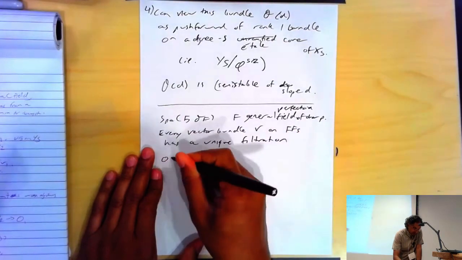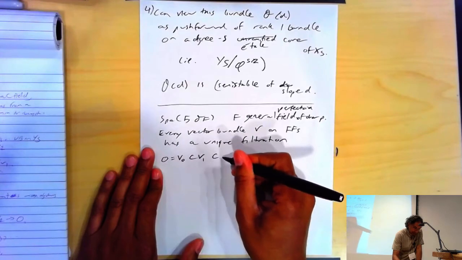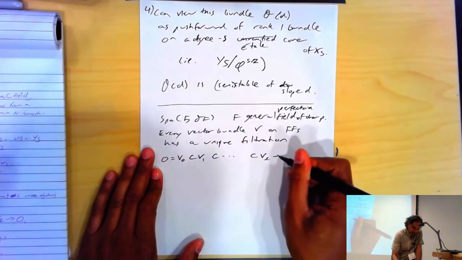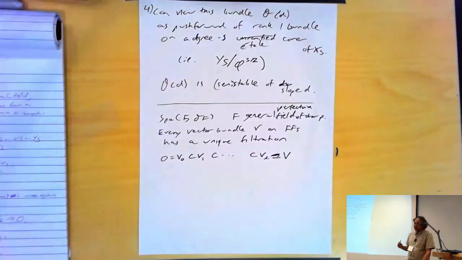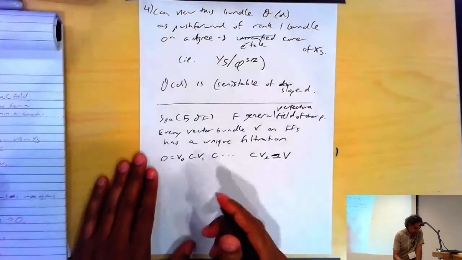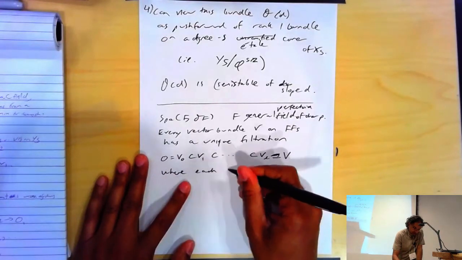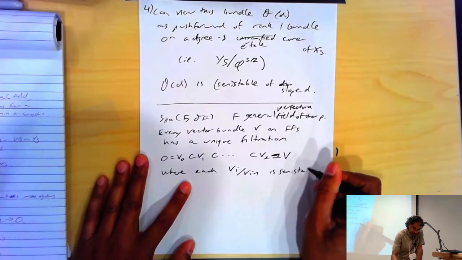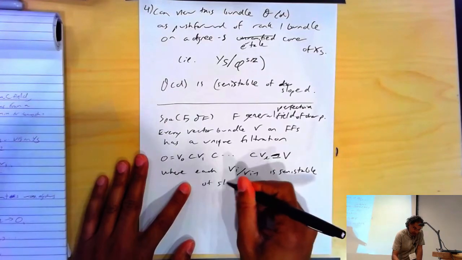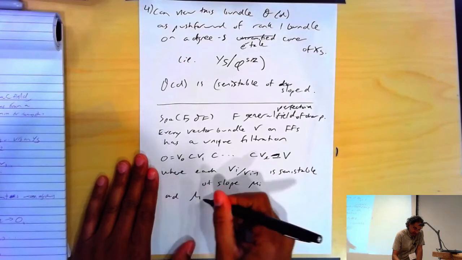I'll start with 0, which I'll call the 0 step, and then there's a 1 step, and then some step at the top, we're going to just run out of steps, where each of these successive quotients is semi-stable of some slope, call it mu I, and these slopes have to occur